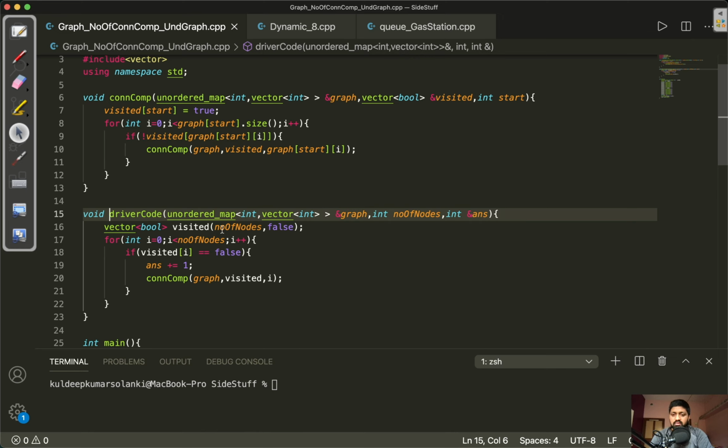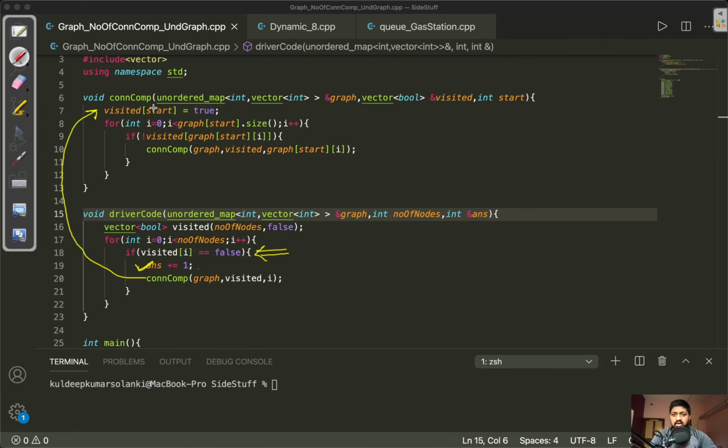For using DFS we have created a visited array which is initialized to false at the beginning for all the nodes, and for each node we first check this condition: if visited of that particular node is false, that means that node is yet to be visited. So increment our answer by 1 because our components increase by 1 when we call DFS, and call this connected component method, that is DFS only.